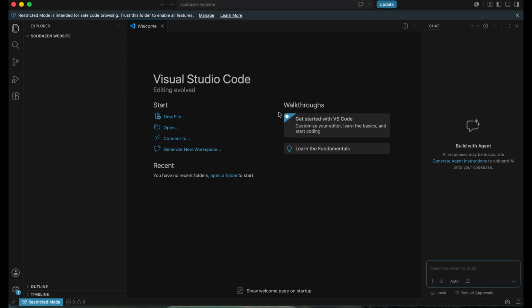It looks almost identical when you have it, but what you want to make sure is that up here on your top left is the name of your folder, and that's how you know you're in a project. If you start coding without this folder, it'll just start saving everything on the desktop, and then you're going to have files scattered everywhere, or it'll save them in random places. So you want to keep it all contained within a folder.